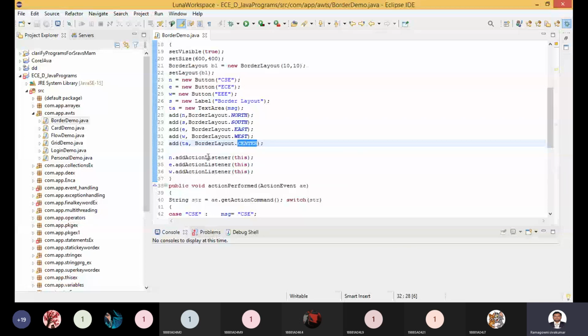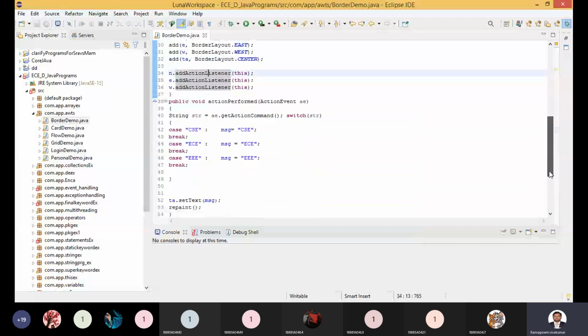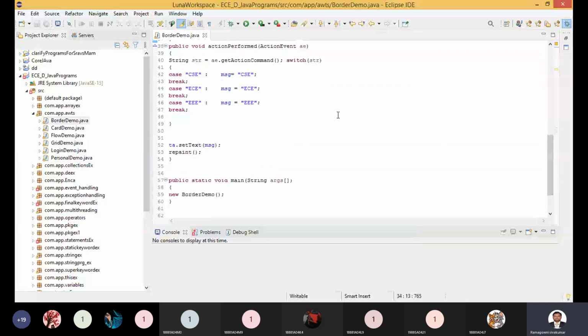So we have added the action listener for the current class constructor, BorderDemo. Then actionPerformed, ActionEvent. So if you are implementing the ActionListener interface, it means, so now it returns